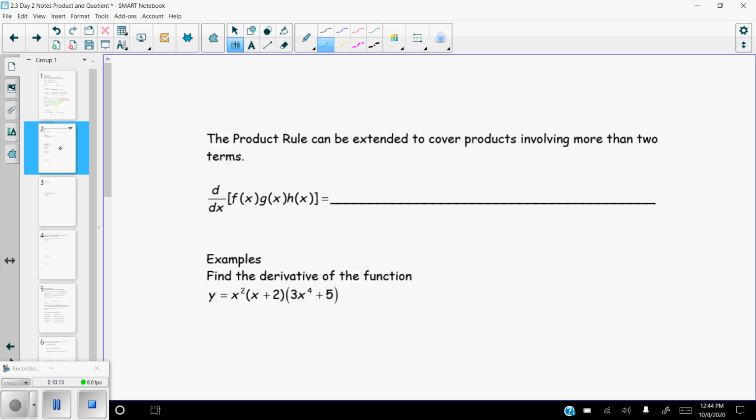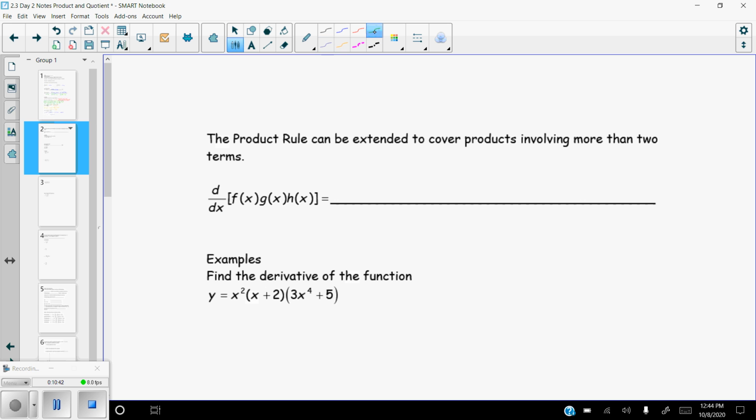The product rule can be extended to more than one set of products. For example, we could have a derivative where we have a product of 3 different functions, so f, g, and h of x. Not as common, but it definitely works. So if you understand the product rule, the derivative of the first piece times the second, plus the derivative of the second piece times the first, this really follows the same general rule, and hopefully you'll start picking up on